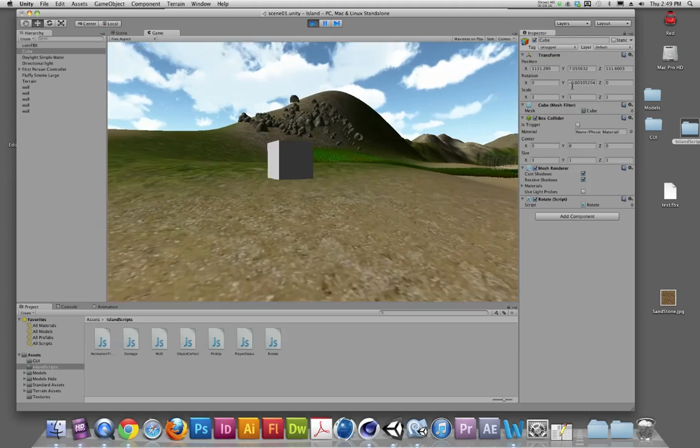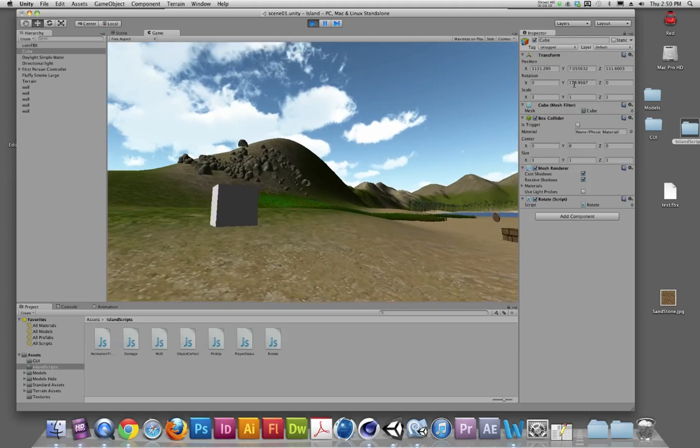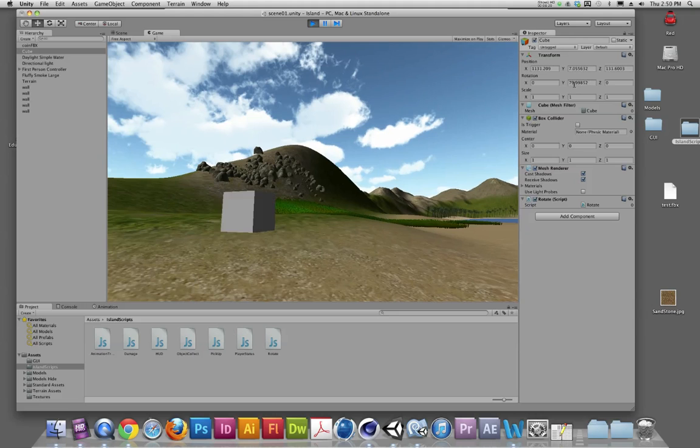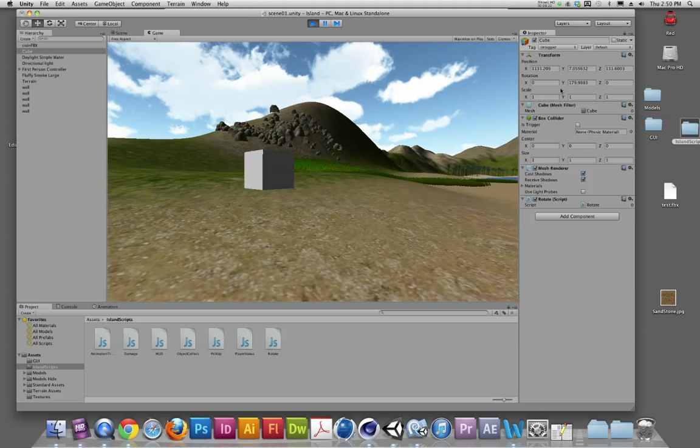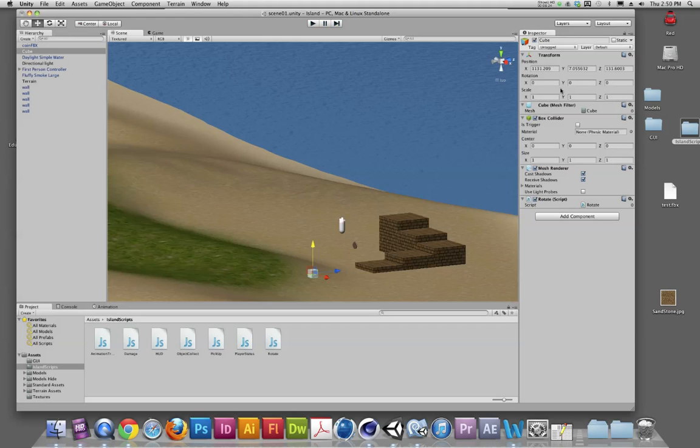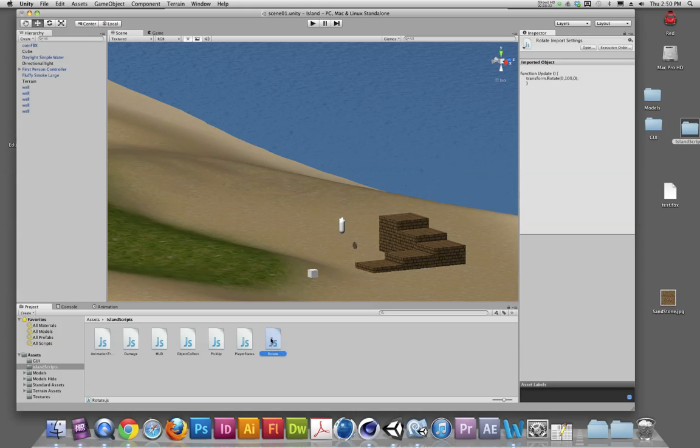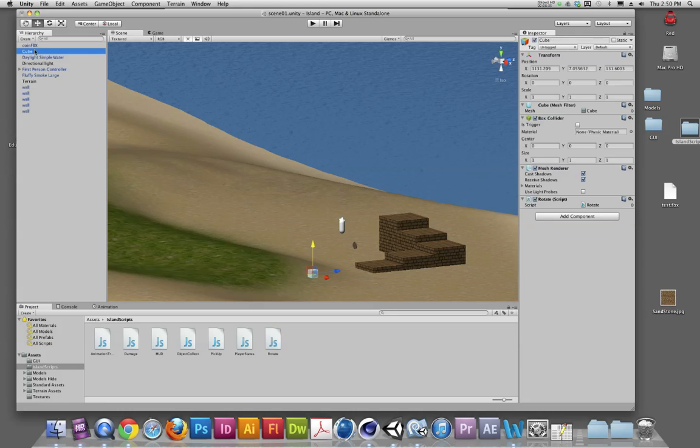And in fact, if I look over here at the Y value, because I have the cube selected, I can see that it's currently updating that Y value every time that frame updates. I'm going to turn the play button off, and I'm going to jump back into my rotate script. So I could access it a couple different ways. I know this is the script that I'm working on. I could double click here. I could select the cube, double click here, or I know I already have it open in MonoDevelop, so I'll